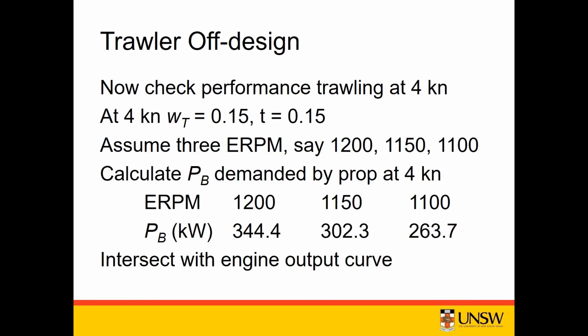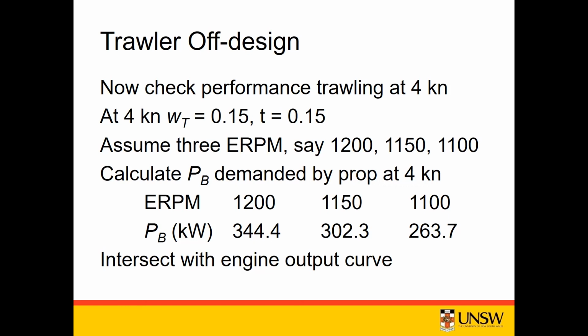Now that we've designed the propeller for free running, we want to know what the performance is going to be like when we're trawling at 4 knots. So at 4 knots, we pick a tailor wake fraction of 0.15 and a thrust deduction fraction of 0.15. And we assume 3 revs. We know that the MCR RPM was 1225. So here we pick 1200, 1150 and